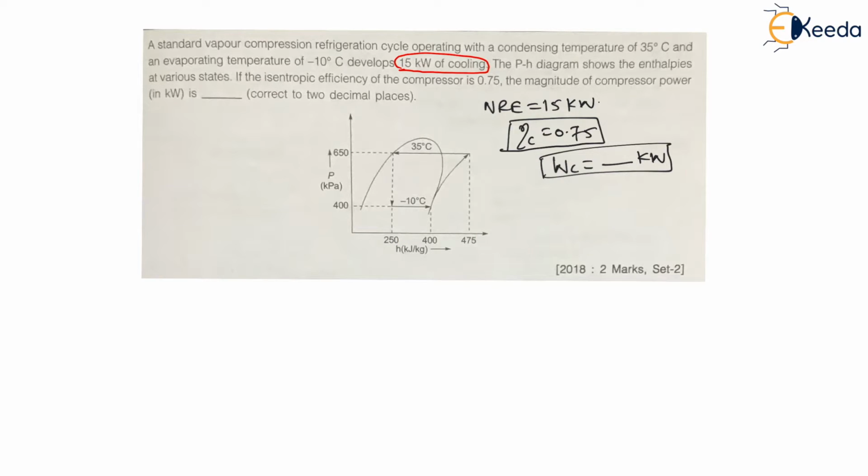Now the very first process, 1 to 2, is compression. Let us say here it is given that compression starts at the dry saturated vapor state. Therefore let us give the names. Now here the compression starts at 1, right? And from 1 to 2 there is an actual compression because the efficiency of the compressor is given, right? But this 1 to 2 is reversible, as it is mentioned that it is a standard VCR cycle, therefore it is reversible adiabatic, that is isentropic compression. 1 to 2 is isentropic compression.